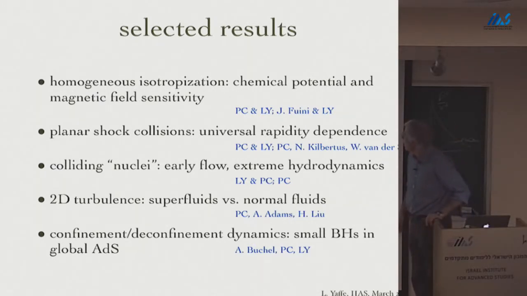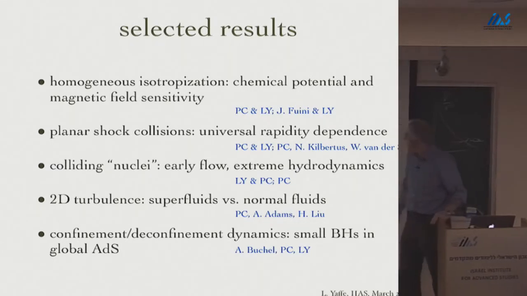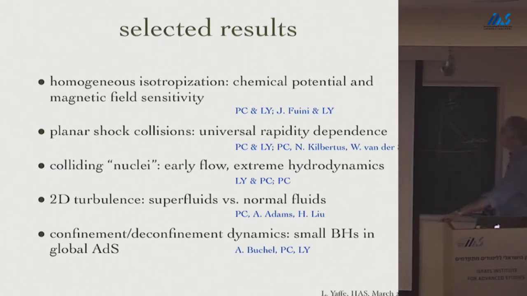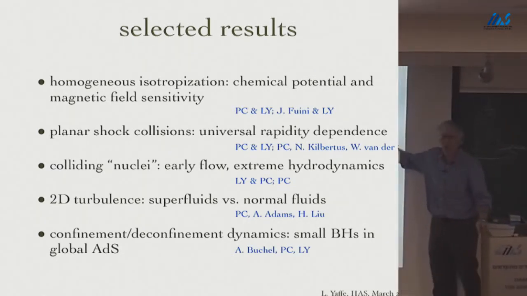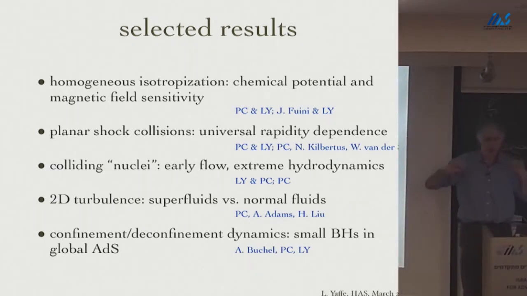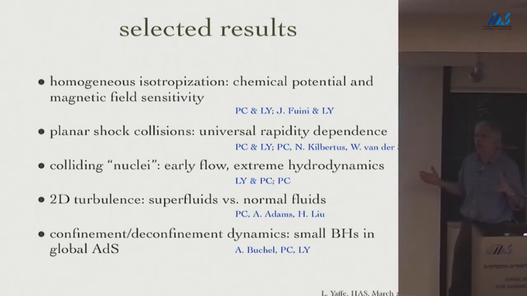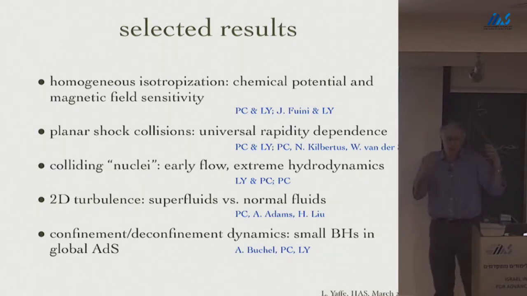And so I mentioned homogeneous isotropization is sort of the oldest problem. I'll say a little bit about some much more recent work looking at the sensitivity of that equilibration dynamics when you actually change the makeup of the plasma, where you turn on a chemical potential or something. This is interesting for a number of reasons, one of which is if you're doing all of this because you're interested in real QCD and the physics of quark gluon plasma, here I'm talking about some toy model theory,